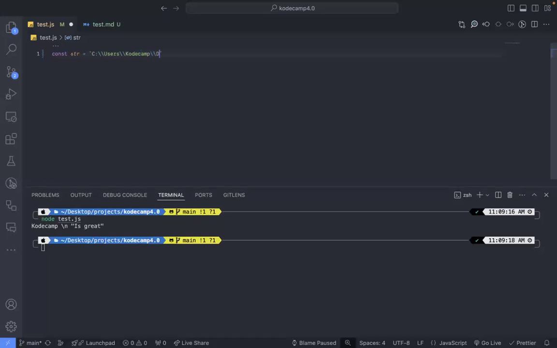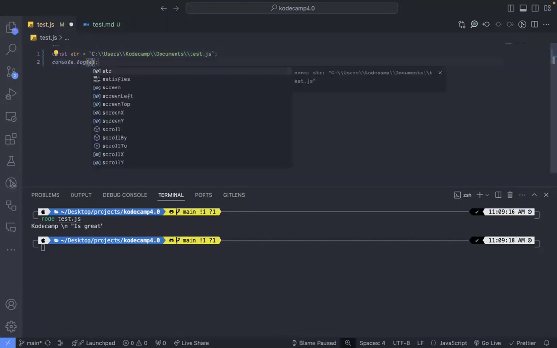Let's say double backslash documents like this. And this is okay. And then you say another double backslash, then we have our test file there, test.js like this. Now, if you log this string to the console,